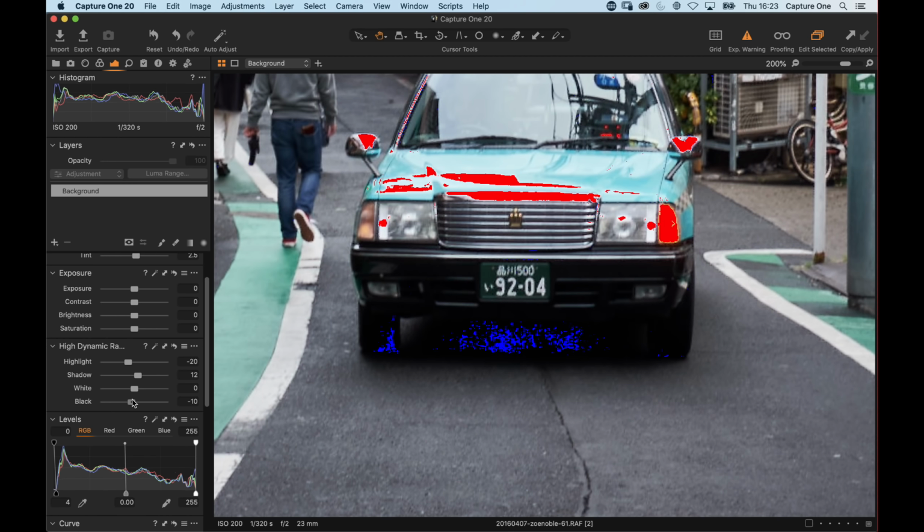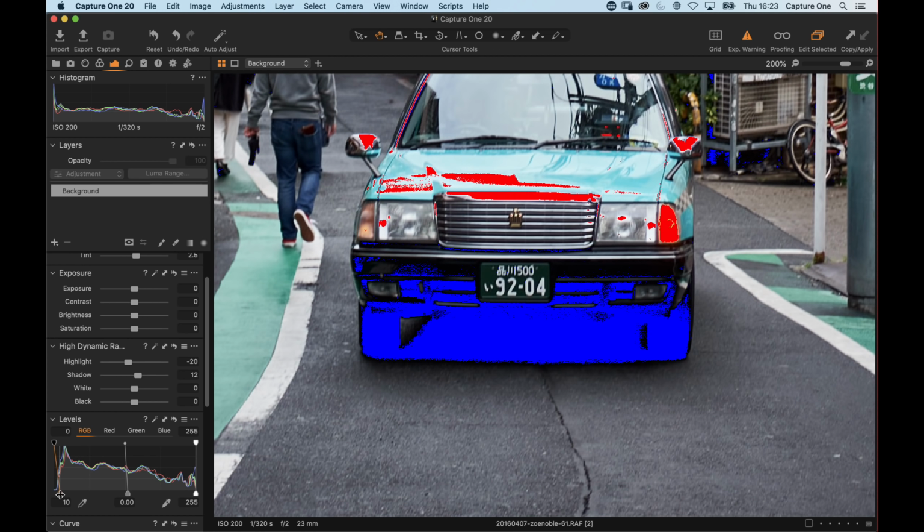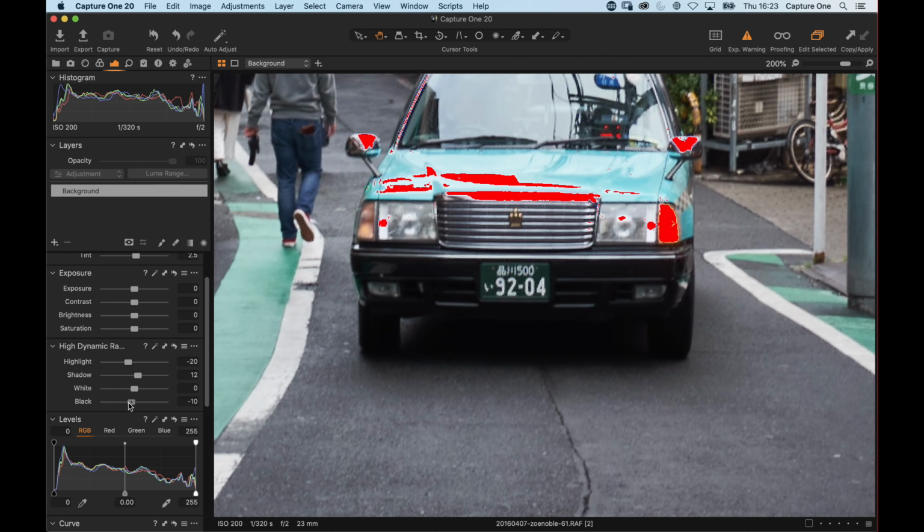So it's just really darkening down those darkest areas. Now you could argue, well, isn't that doing the same as levels? And it isn't, because levels will have a much broader effect, whereas this will be targeted just on those darkest areas. So you can push this a little bit harder before your blacks start to lose all their